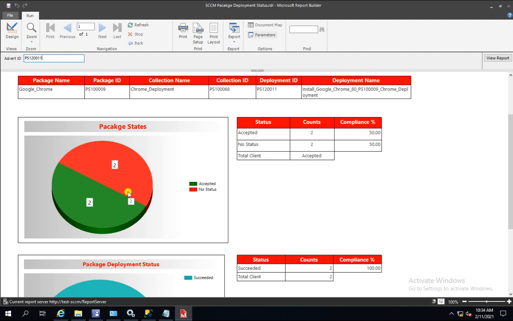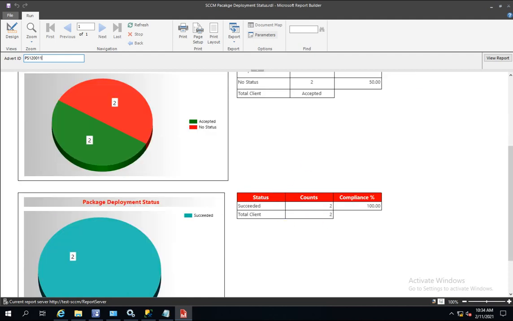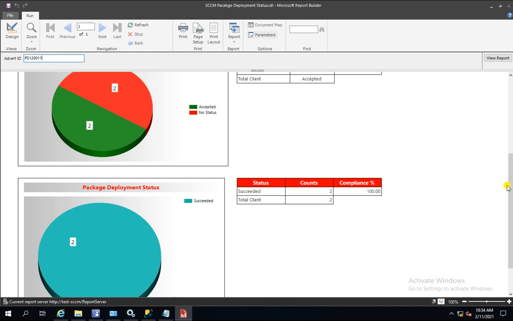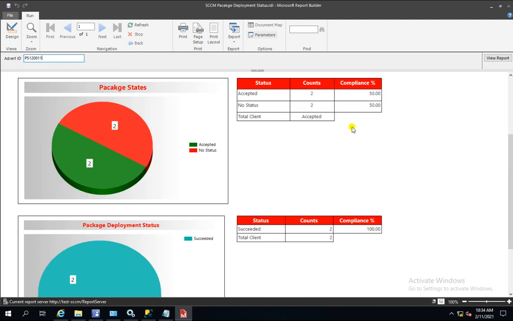When you are deploying to 1000 or 2000 machines, you will have a good number of accepted machines. When your client has got the policy and accepted, after that, let's go here. Here it's showing the state as succeeded, out of two. This table gives you the result only for the accepted ones.